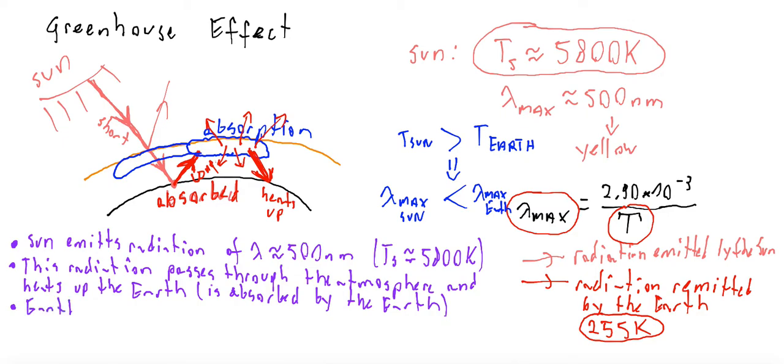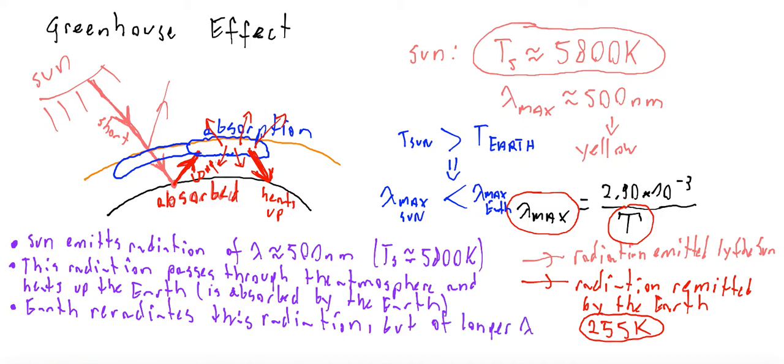Earth re-radiates this radiation, but of longer wavelengths. Longer means infrared, not 500, not visible, but infrared. Okay, because